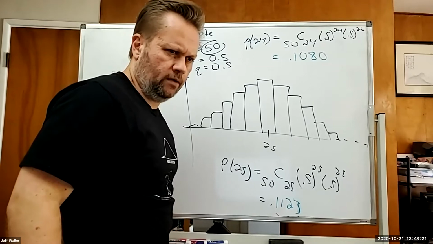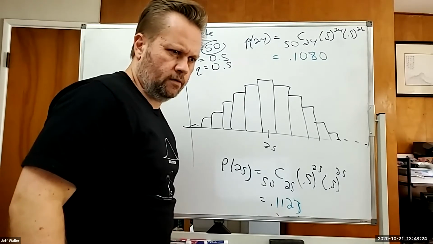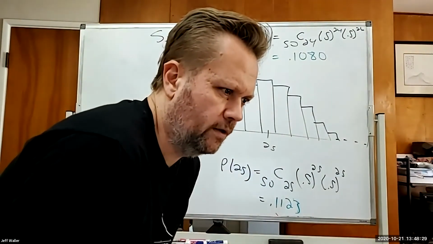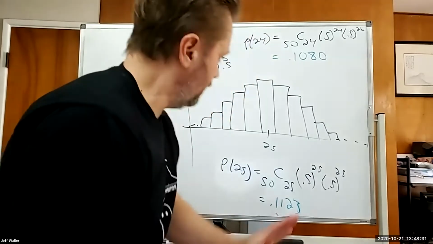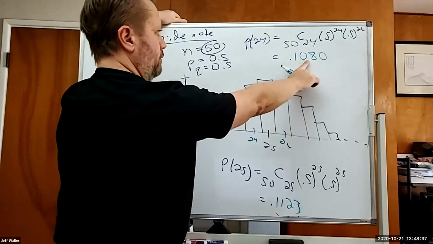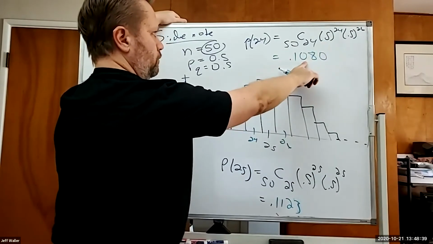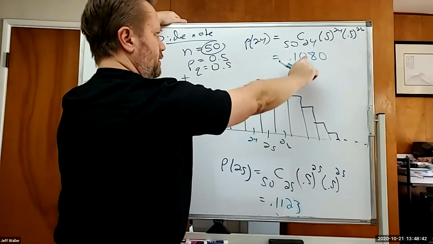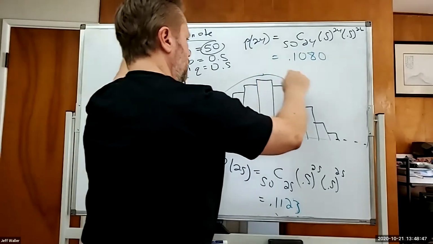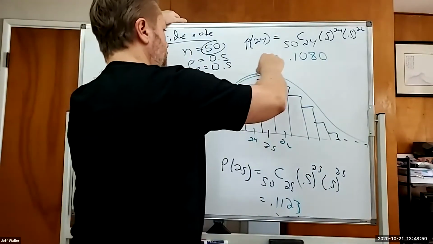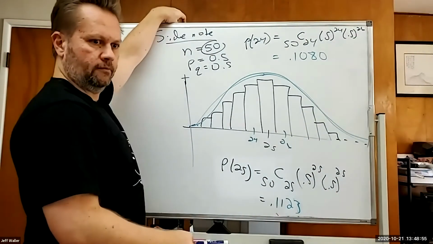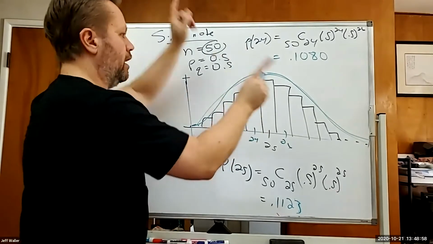You guys with me out there? All right, I got one person with me. Okay, two people. All right, sweet. If you did the probability of 26, you would get the exact same amount as this. If you don't believe me, do it. So it starts high in the middle and goes low from there on both sides. That looks like it's roughly what? Normal. Normal, yeah.